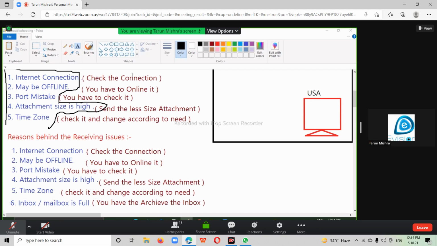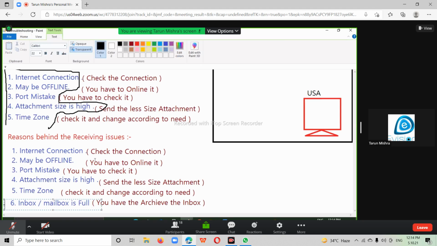Make a note. The things are the same, only the number 6 point is different. First write it down, then I will tell you the meaning. Wait a minute.